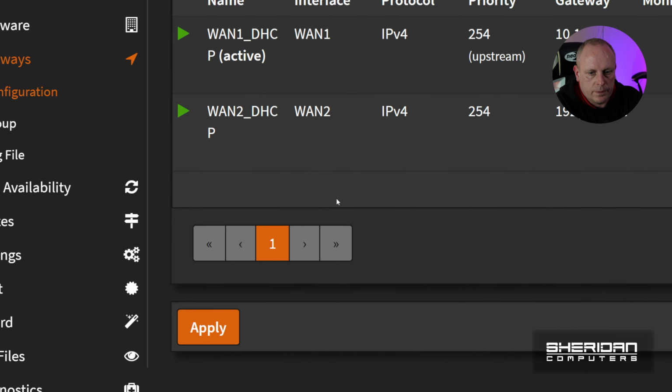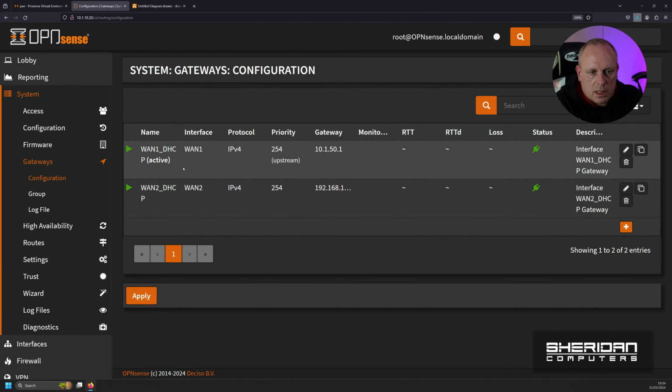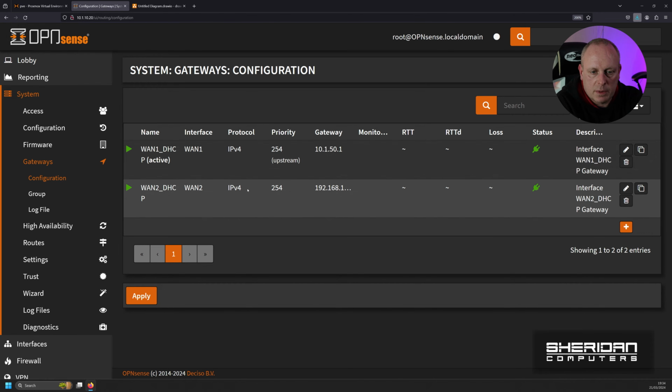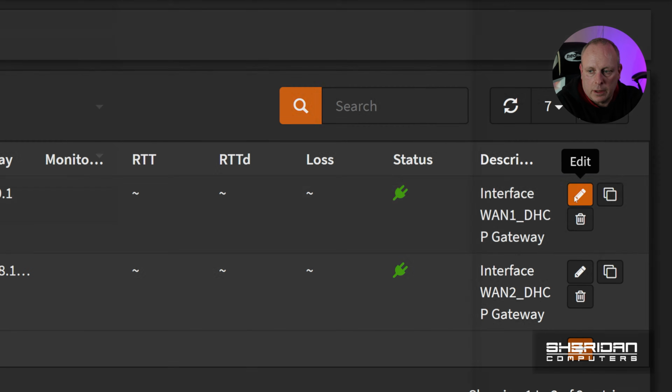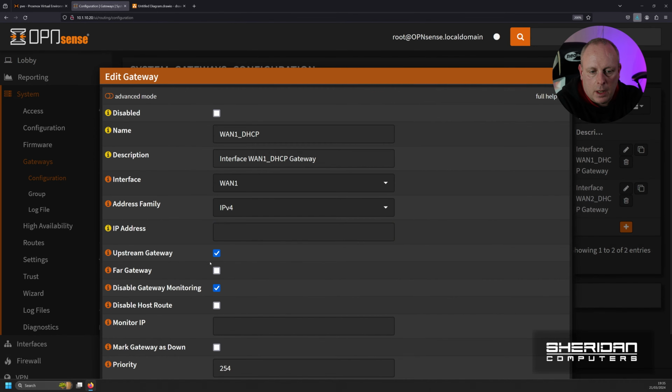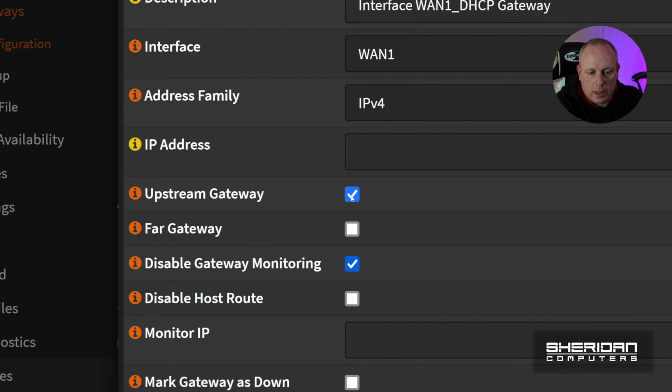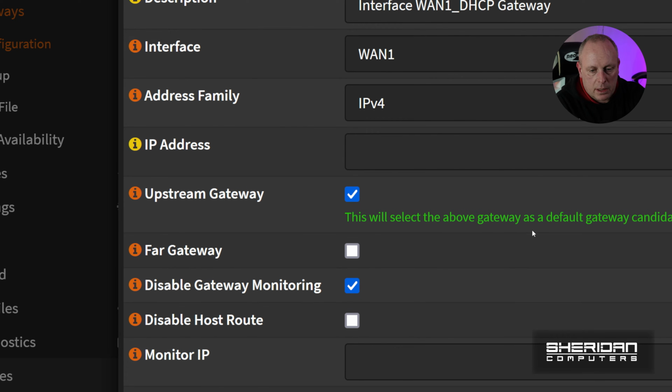and then Configuration. So you can see this is where our gateways are defined. Now the only thing that I've done on this, because I've got two interfaces for the WAN, is I edited 1.1, which I'm using for my primary gateway. So click on the edit, and this upstream gateway, I have it ticked, as you can see here. This will select the above as the default gateway candidate. So I've got that ticked for my